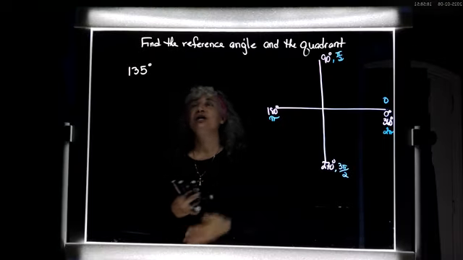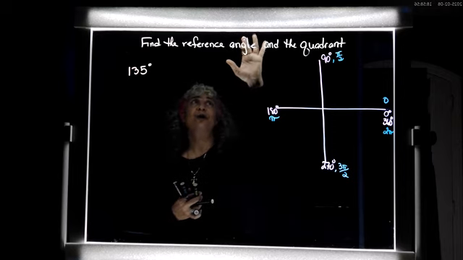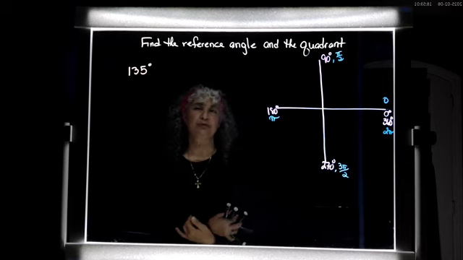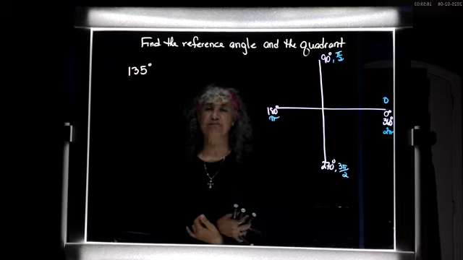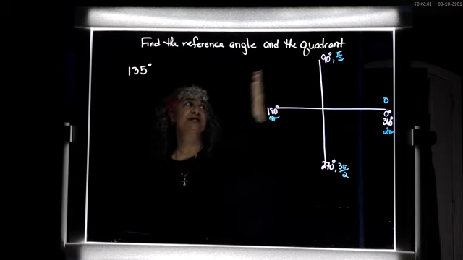Good? All right. The directions ask us to find the reference angle and the quadrant that the angle is in. All right, so let's look at this example. We have 135 degrees. So first thing I did when they asked me to find the reference angle and the